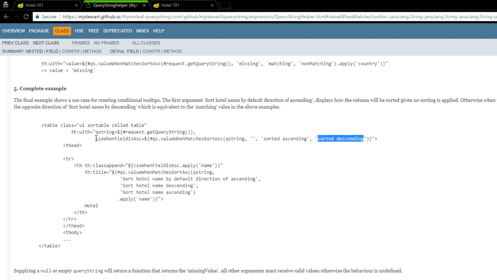You could reverse this logic if it makes more semantic sense to apply the opposite reasoning, where you want to match a field if it's currently descending, then the match will be the descending value instead, and the non-matching value will be sorted ascending. It doesn't really matter which one you use, they're both the same, it's just whatever you use for the matching value really. But let's apply this